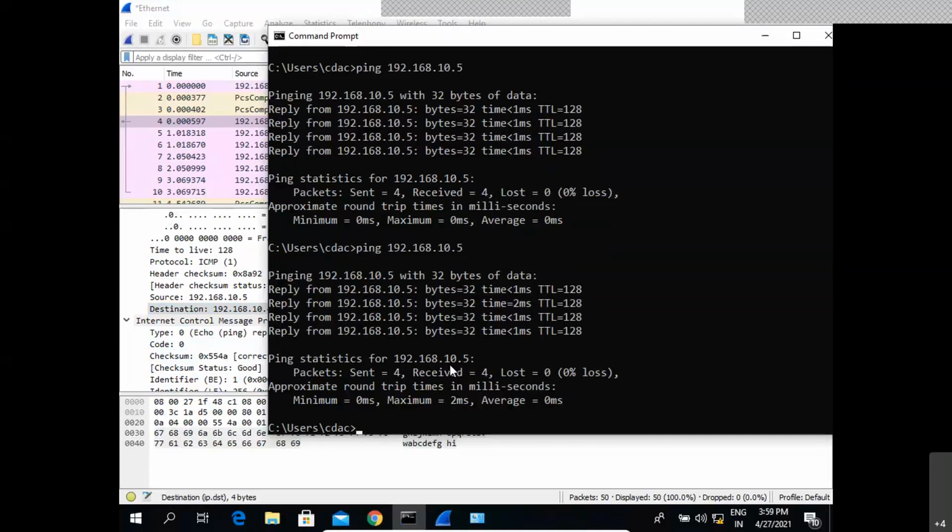Why? Because I am seeing the TTL value as 128. If I am seeing the TTL value of 128, I can assume that the destination target machine is a Windows operating system. Now, if it is 128, it is a direct communication. Again, go for assessment. Now let's say there is again a router in place.